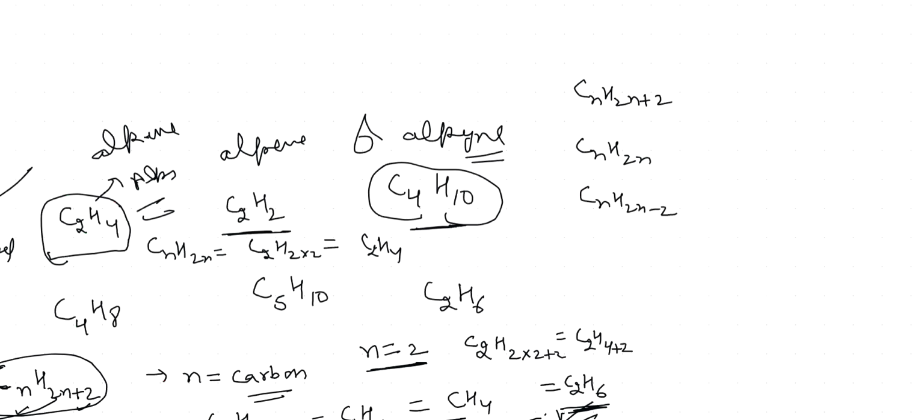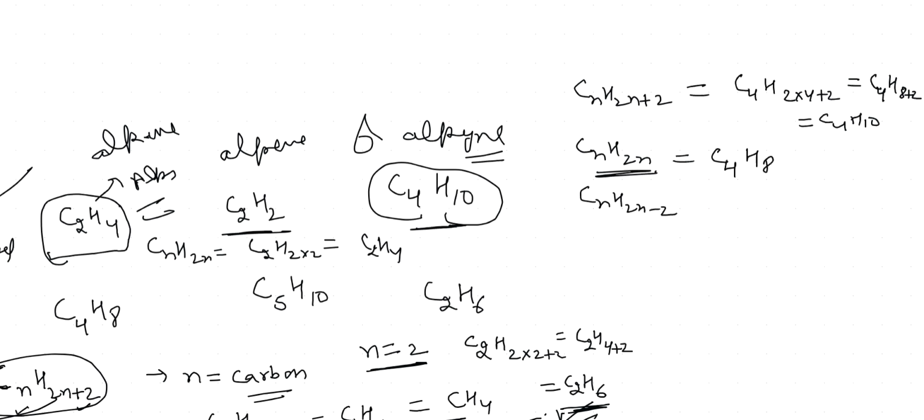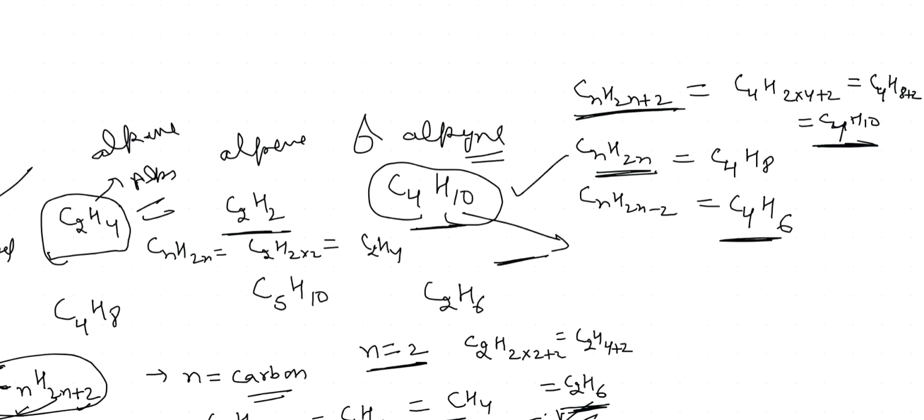When the value of n is 4, for alkane, 2 into 4 plus 2, C4H8 plus 2, then it is C4H10. When you put the value in the formula for alkene, you will get C4H8, and in this case, you will get C4H6. So just check which formula is matching with C4H10, that is for alkane. So it means there is a single bond between carbon and carbon, and its open chain structure will look like